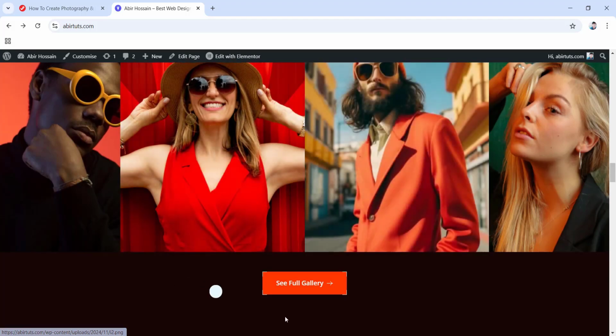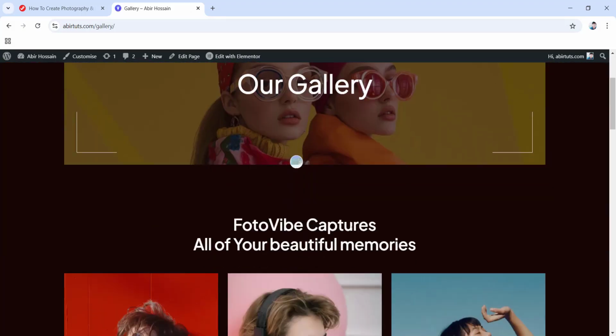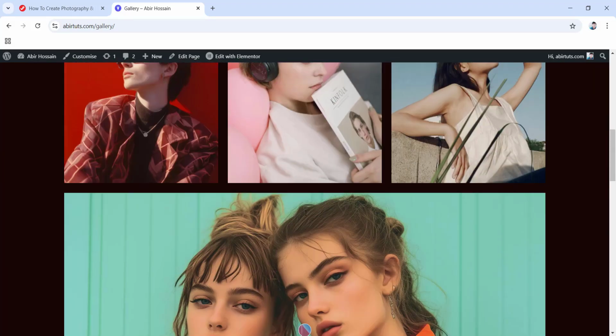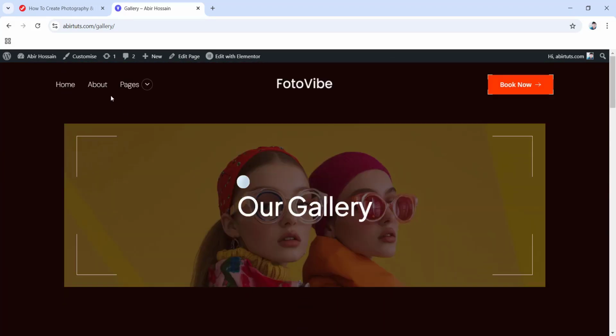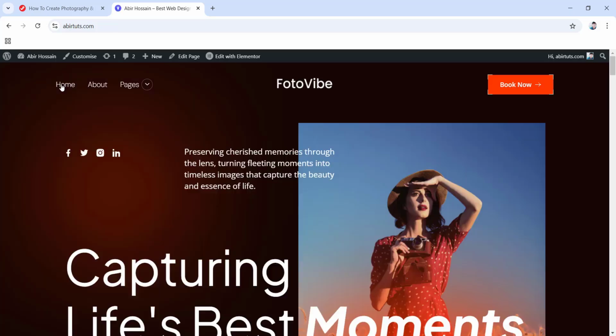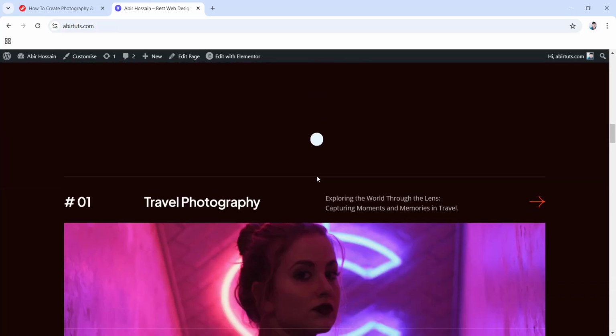So if we click on this see full gallery, then it will take us to this beautiful gallery page where you can add many other photos as you wish. And this page is here as well. So you can also come to this gallery page from here. So let's go back to home. Then if we keep scrolling,